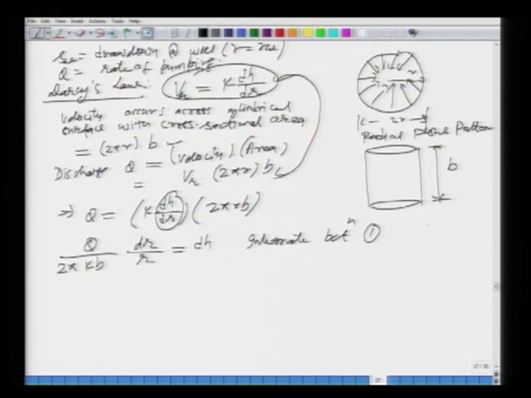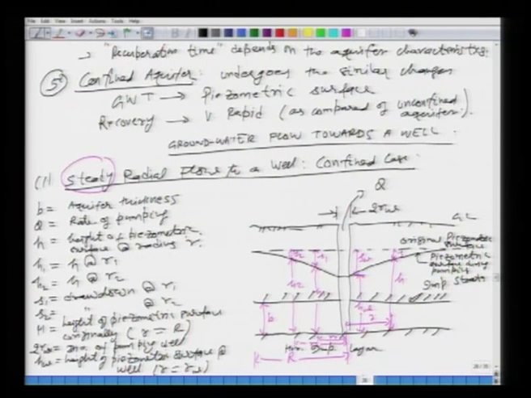One represents h1 comma r1, and 2 represents h2 comma r2. Let me go back and show you what I mean. Remember, I showed you this r1 h1 and r2 h2. So, what you are doing is basically integrating between, let us say this is 1 and this is your 2.